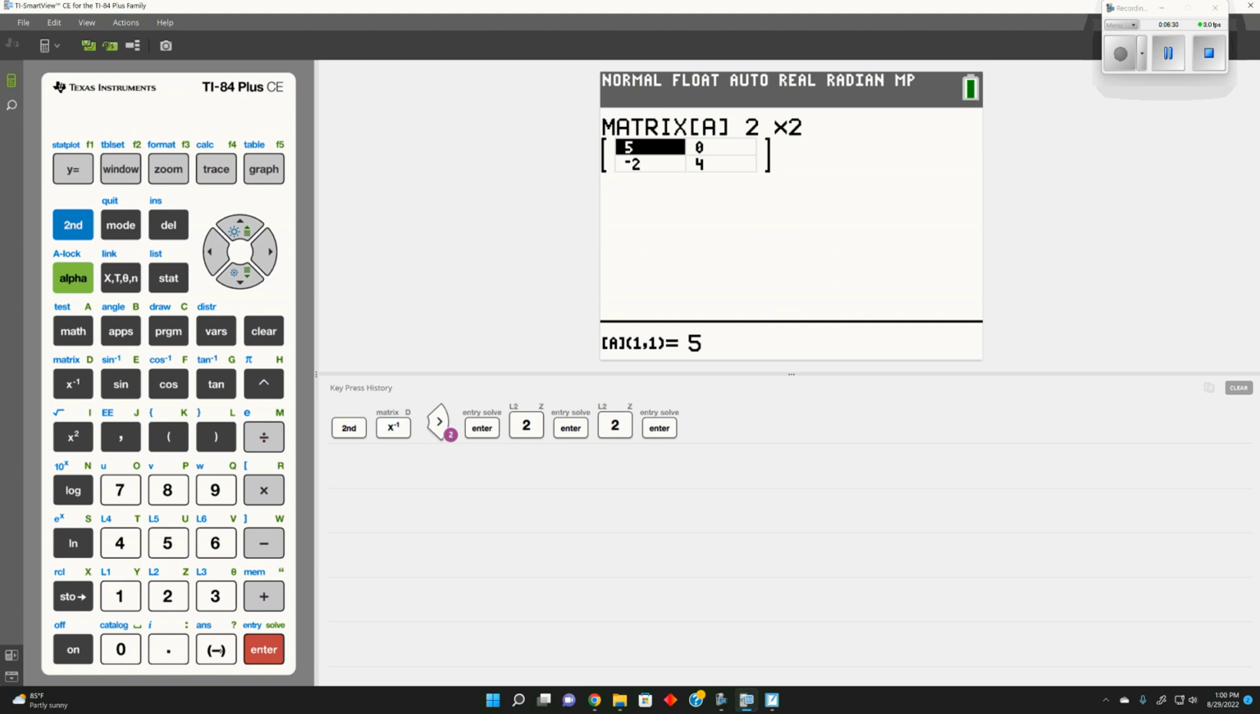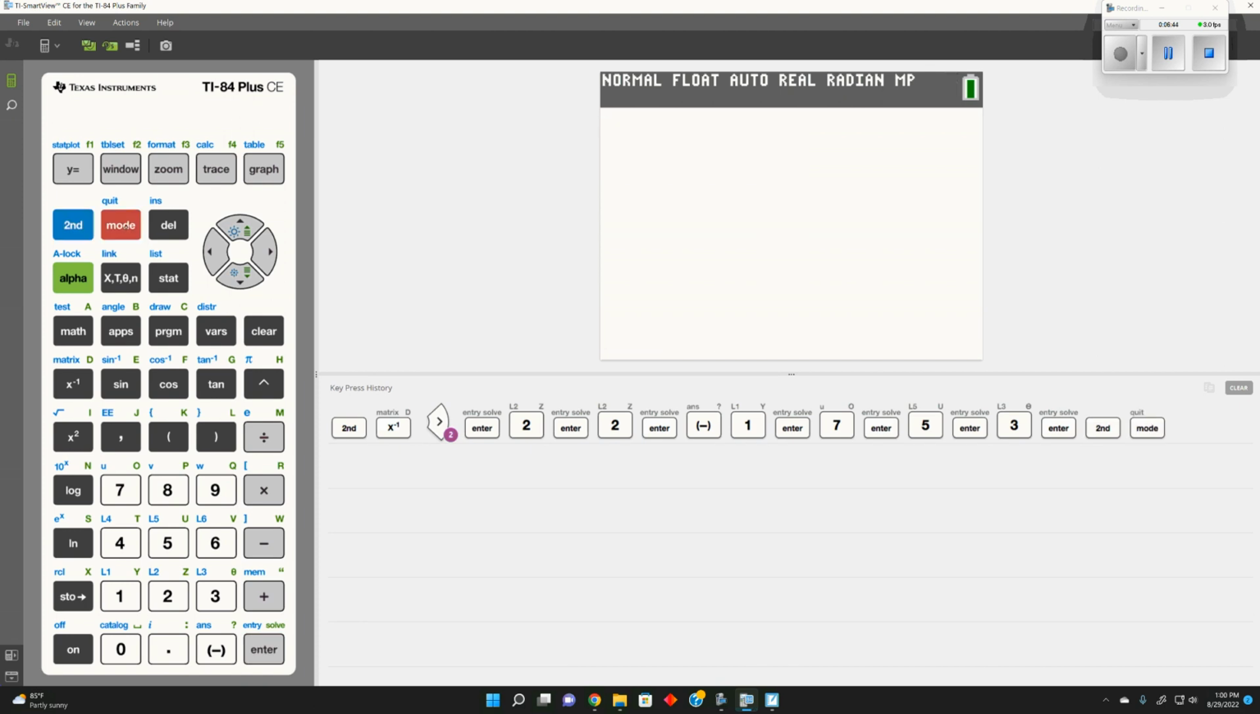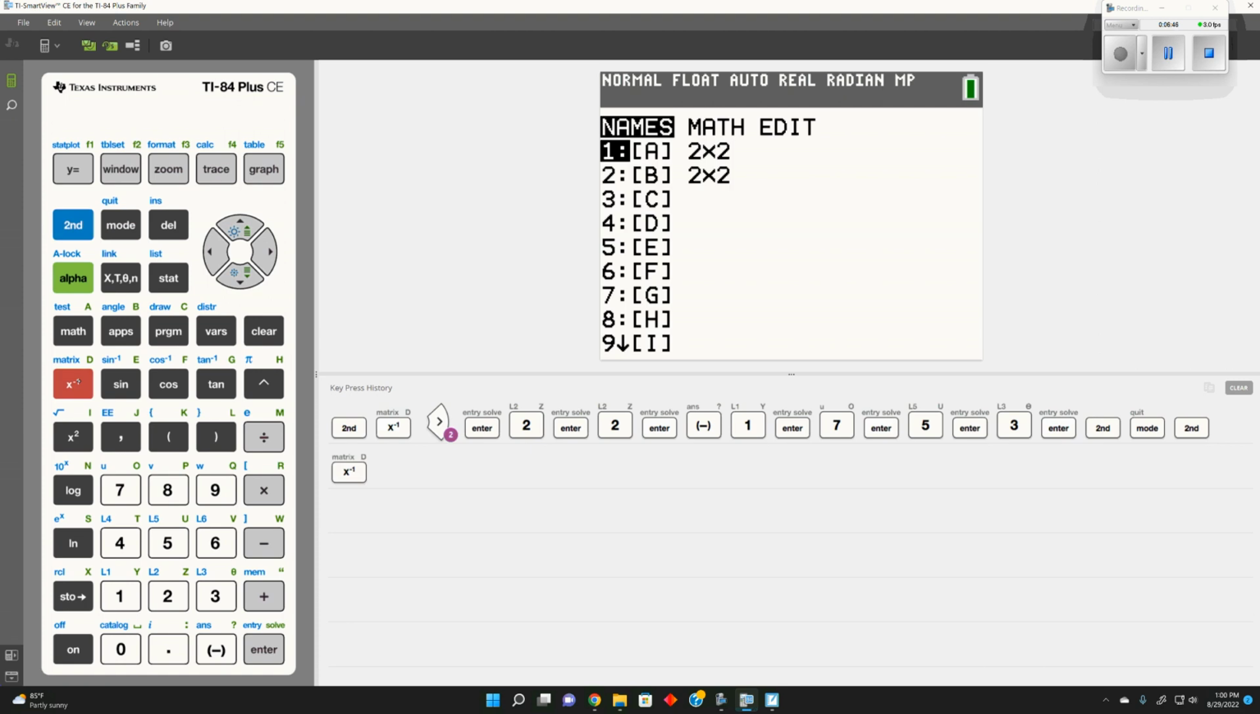And our first number is -1, 7, 5, and 3. So we have the matrix plugged in. Now to plug in the next one, we would do what? Second quit, second mode, second matrix,